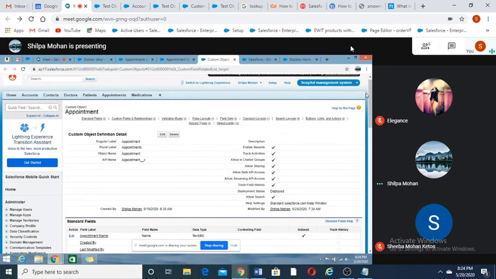We have created it on doctors, right? Just note it down. On patient you have to create a lookup relationship. In doctors we don't have to create any lookup relationship, and patients also we don't have to create any lookup relationship. In medication object, you can create a lookup relationship on doctor. So that's all the lookup relationships I have told you to create.